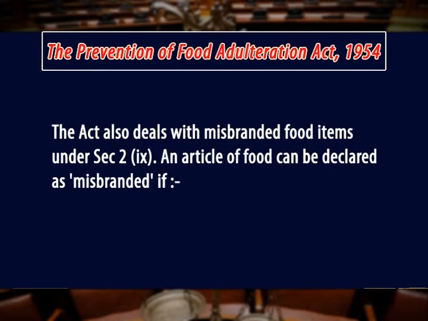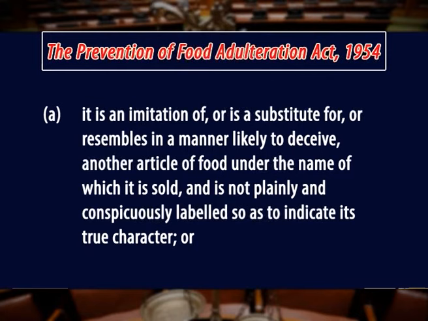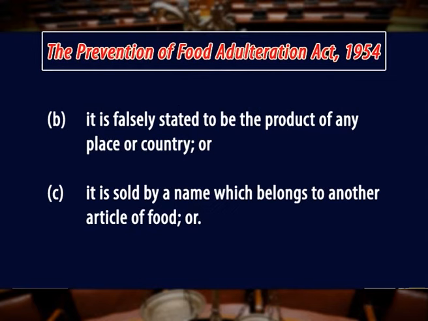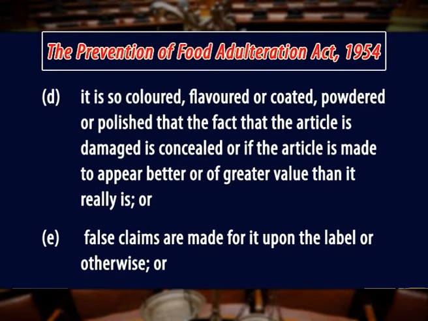Under section 2(9), an article of food can be declared as misbranded if (a) it is an imitation of or is a substitute for or resembles in any manner likely to deceive another article of food under the name of which it is sold, and is not plainly and conspicuously labeled so as to indicate its true character, or (b) it is falsely stated to be the product of any place or country, or (c) it is sold by a name which belongs to another article of food, or